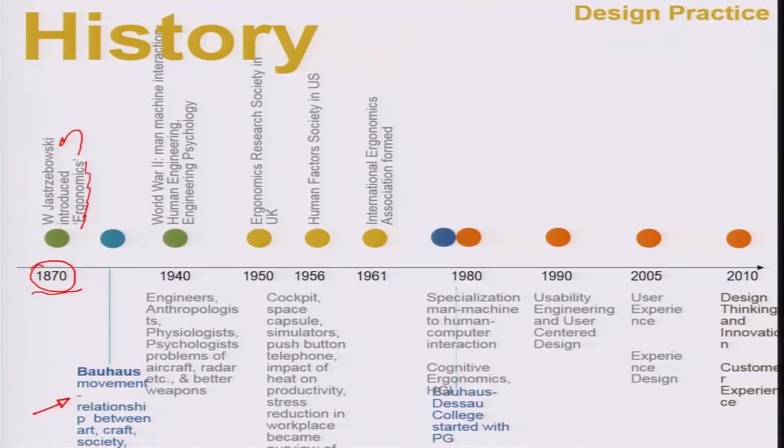The more important need for a design intervention came up during World War II, because of repeated plane crashes and the increased need felt by mankind to take man machine interaction to a better level. So, aspects related to human engineering, or the merger of engineering and psychology, came up in the 1940s.